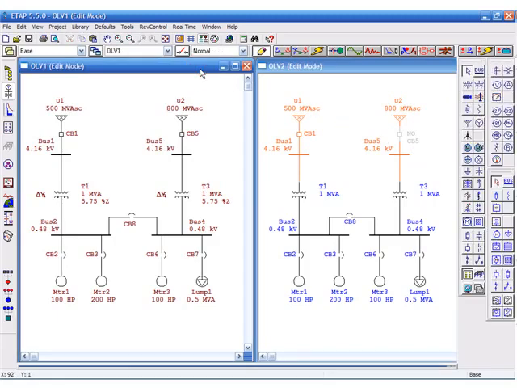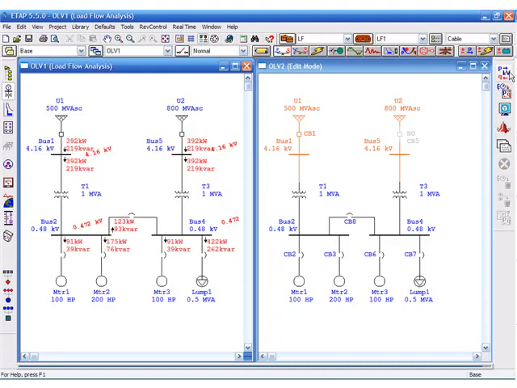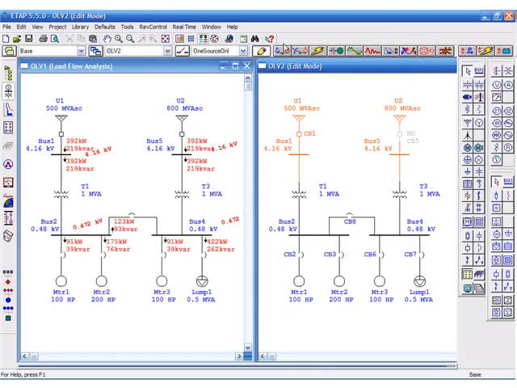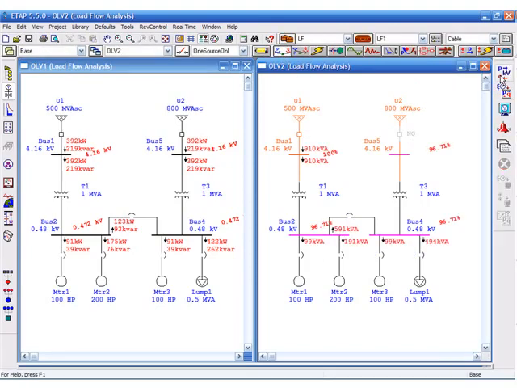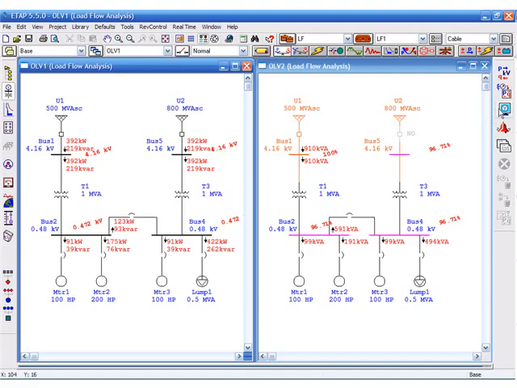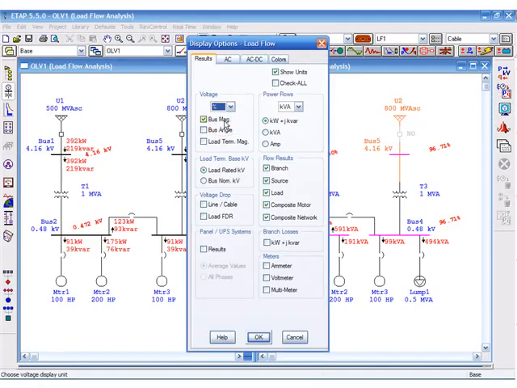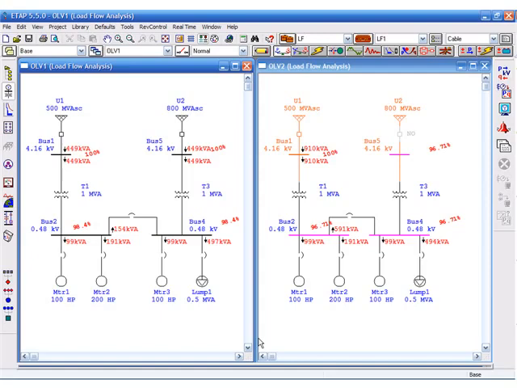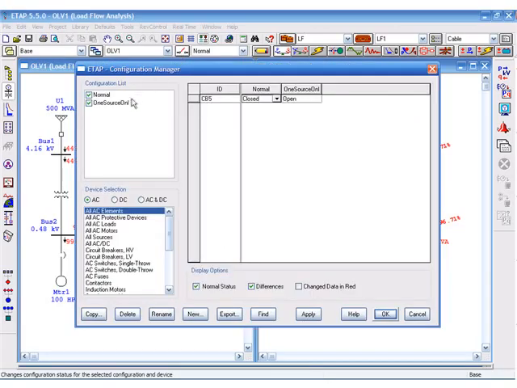Now, let's run load flow again and compare notes side by side. For comparison,